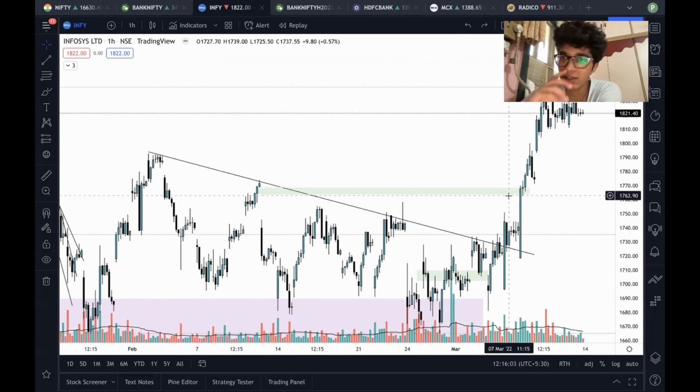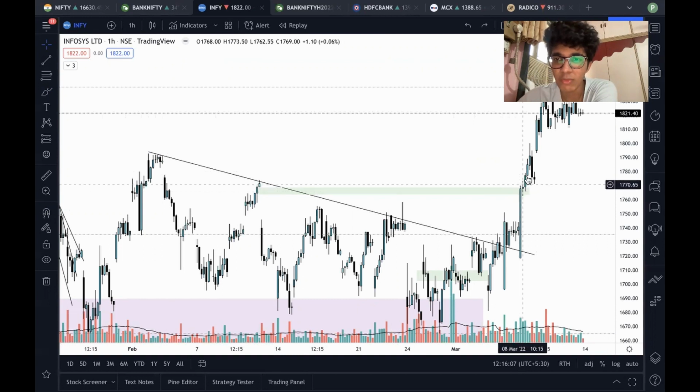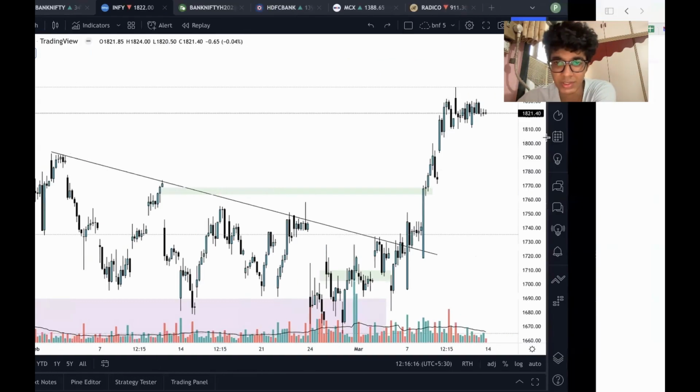So I didn't want every position of mine to have Infosys. That's why I got out over here, and I knew that if it goes higher, my cash position, my swing position is going to benefit. That's why I was not very greedy in this position. The very first 2 days' trade was based on this logic only, Infosys.